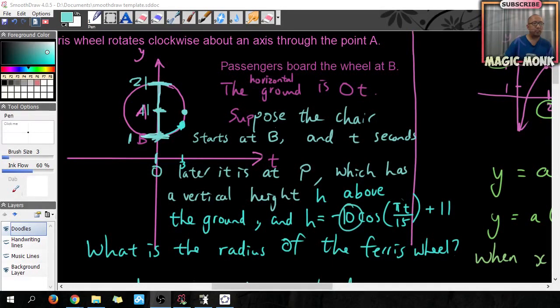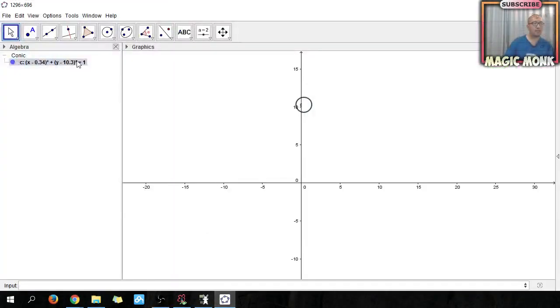The radius is 10. So I'll just do radius as 10. And then I need the center to be at